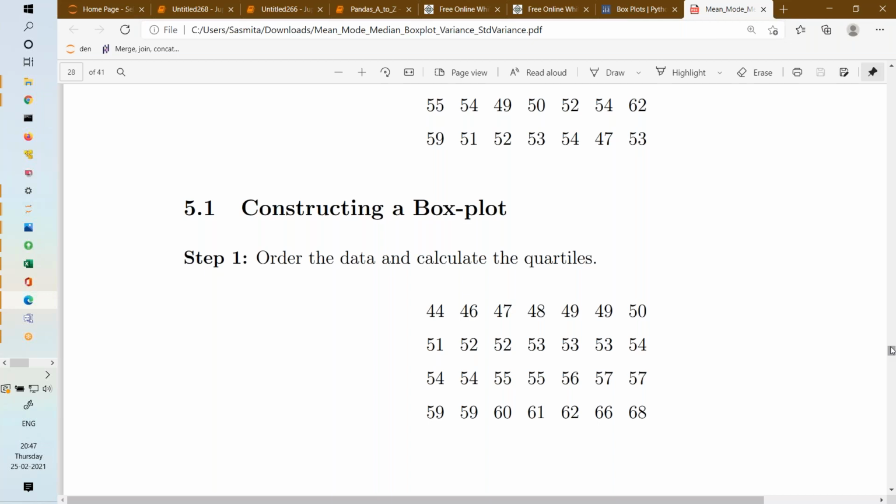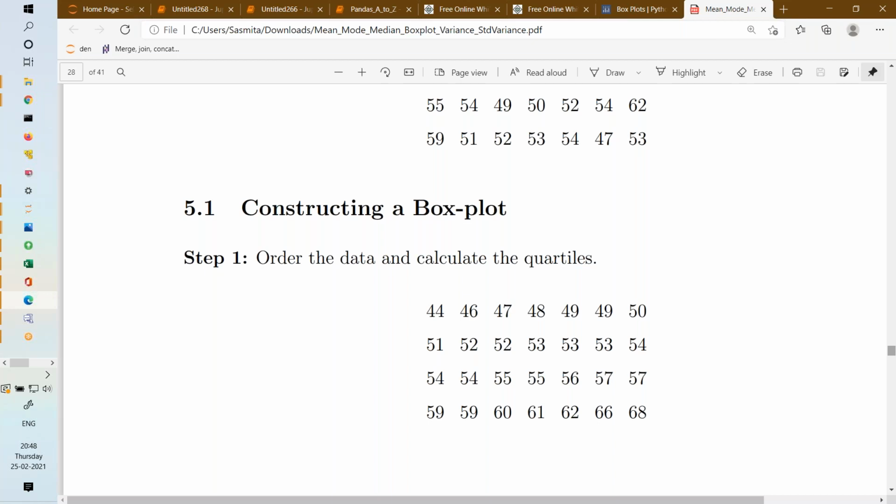Outlier. Yes. And 66 and 45, 60. Go ahead, ma'am. Yeah. So 66 and 68 are outliers in the upper side, and in the lower side there is no outlier because the minimum boundary is 43 and the point 44 is included in the boundary. So there is no outlier in the lower side. Upper side 2 points, 66 and 68.